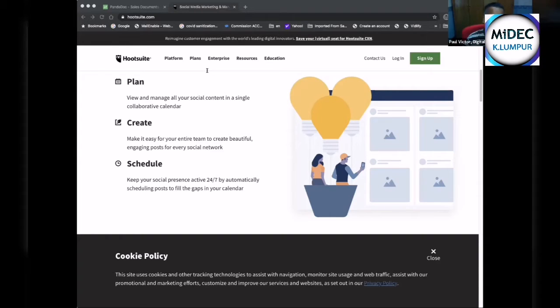So for the free version, they give you three platforms. But now, with the COVID-19 season, they're giving you free pro access for 90 days, oh sorry, until July 1st, right? Right, the next one